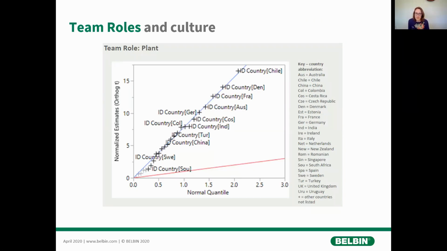Yeah, so this was the first sort of question that we examined. This graph is kind of treating countries as belonging to a population of countries, if you like. So what we're trying to look at is the variability, and obviously you can see for plant they fit quite neatly along that line. So what these sort of crosses are, they're modelled means for each country, and so what we've got is kind of a normal distribution, if you like. There's quite low variability between the roles. If I just show you the next one,